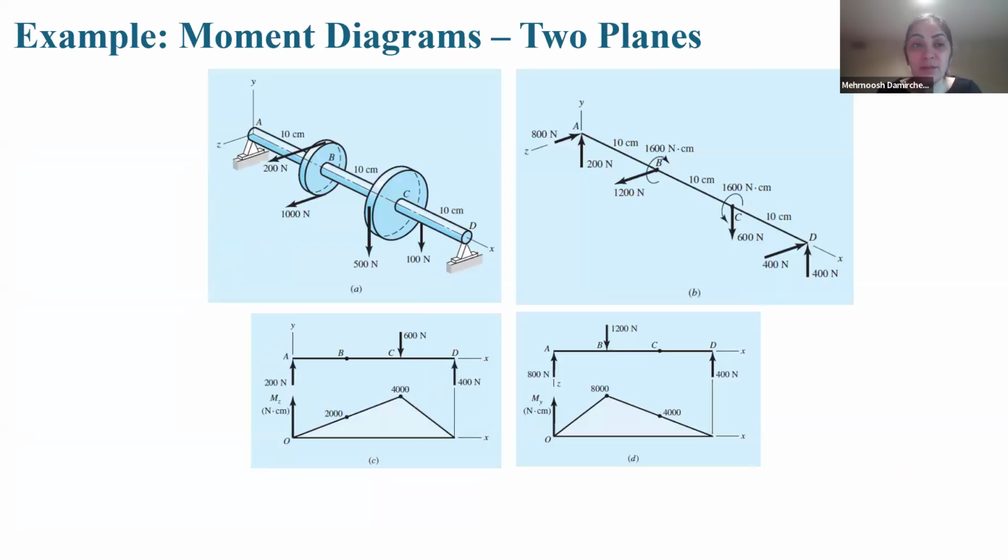Okay, here are examples of moment diagrams. In the next slide, I talk about the details again, but I want to show you the applications of beams, not only for civil engineers. For example, here we have a shaft considered as a beam, but it is not 2D, it is 3D. Some forces, for example 200 and 1000, as you see, are in the Z direction, and it is the graph of the Z direction.